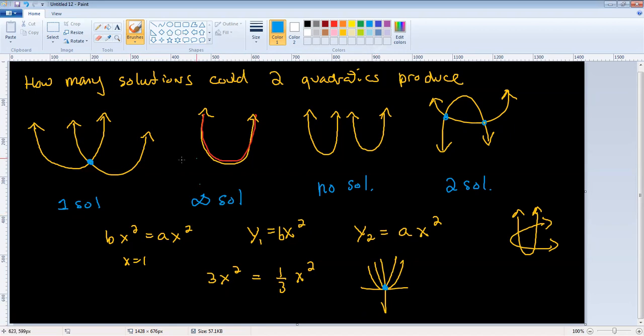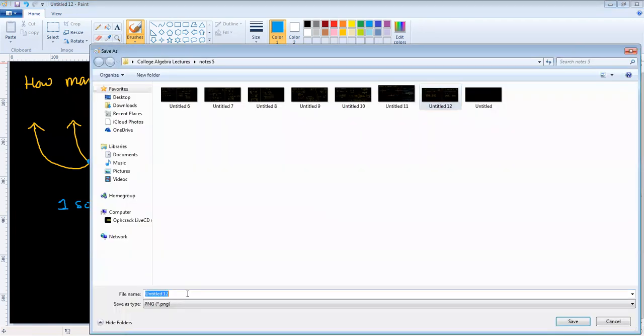But you can think about it. How would you prove these numbers? How would you prove 1, infinity, no solution, and 2 solutions algebraically? And then see what you get. Okay, that's it for today. Anyway, so we will probably do another lecture